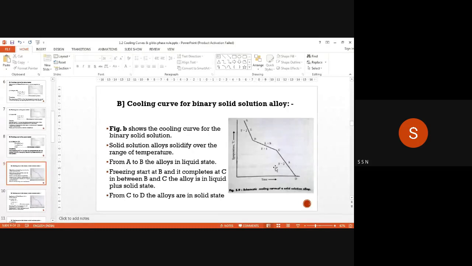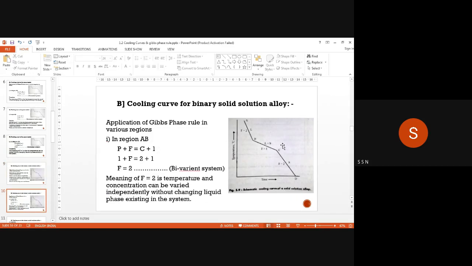Alloy means a mixture of two or more metals in a fixed proportion. So here two different metals are mixed. Remember, this is the cooling curve for the alloy, and for the pure metal we have one horizontal line, this BC horizontal line. Thirdly, just remember the nature of the curve, because we will use these curves for drawing the phase diagram in the next point.